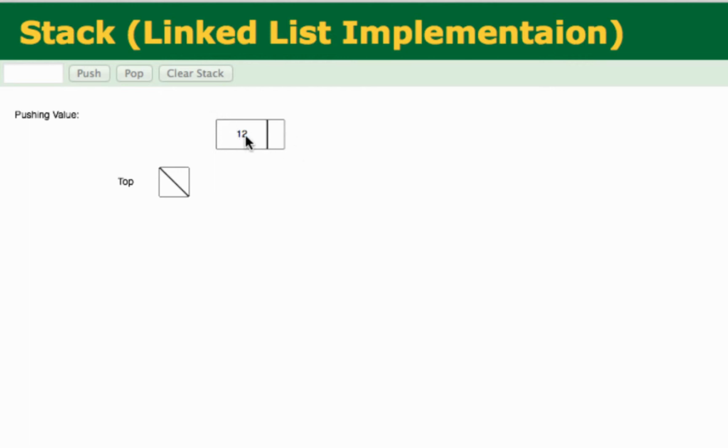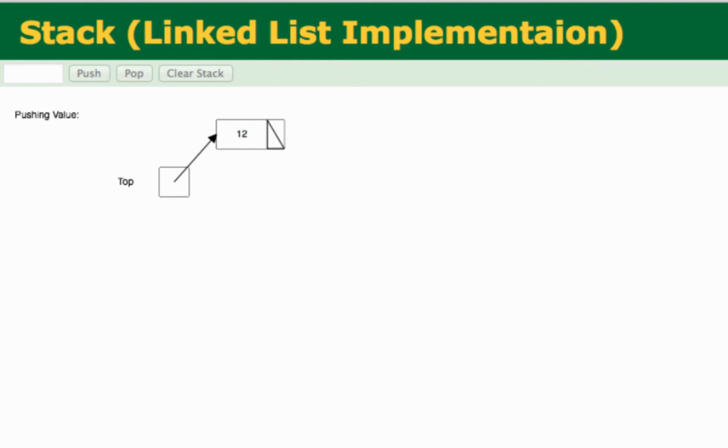And this node consists of two things. One is the value and the next one is the link. So right now the value of this particular node is 12 and the link is not pointing anywhere. That means it's empty. So there is nothing in there. So when we push 12, we create a node with the value 12, and afterwards we point top to 12.